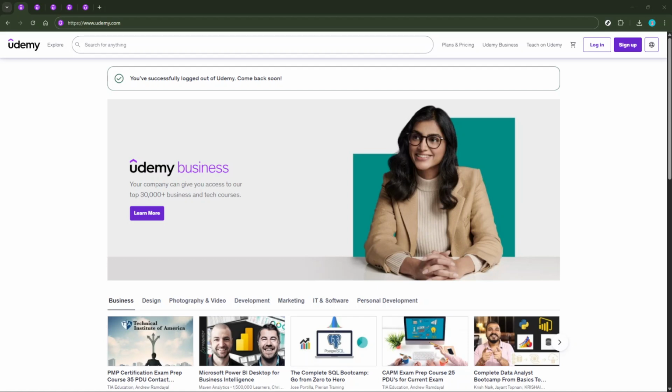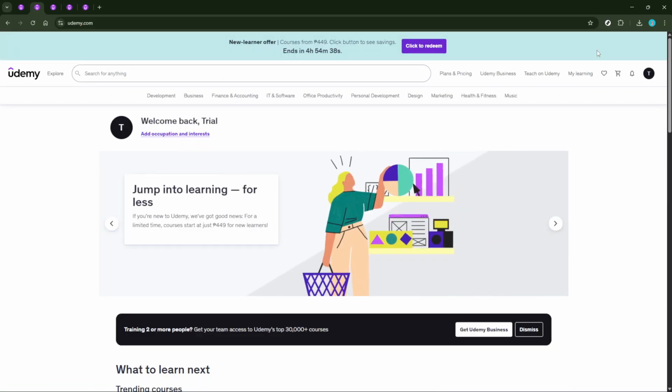First, we'll need to head over to udemy.com. If you have an account, simply click the Login button, located in the top right corner of the homepage, and input your credentials to sign in. If you're not already a member, you'll need to sign up for an account, which is a simple process of providing your email and choosing a password. Once you have logged in, you'll find yourself on the Udemy homepage, where your journey to limitless learning begins.